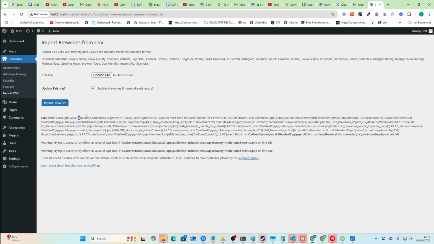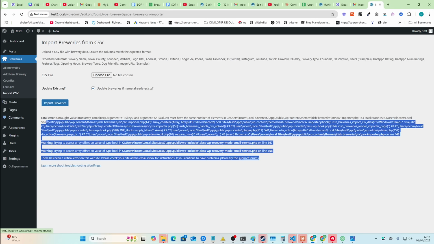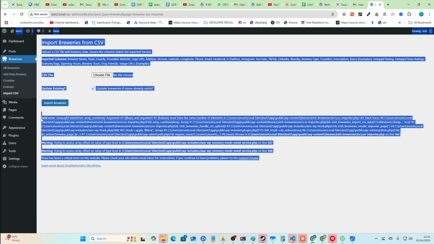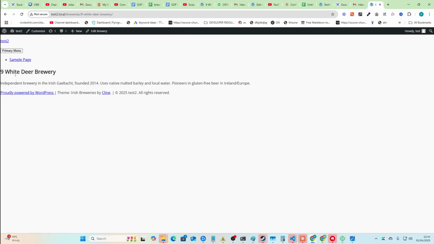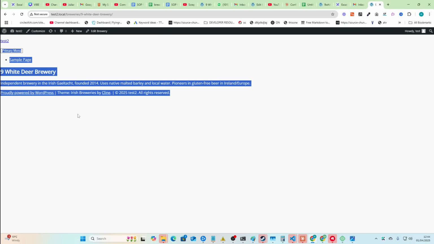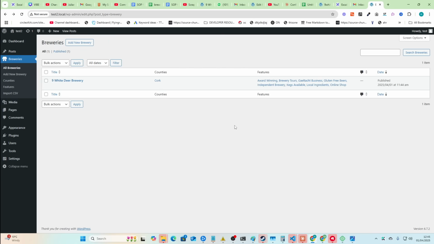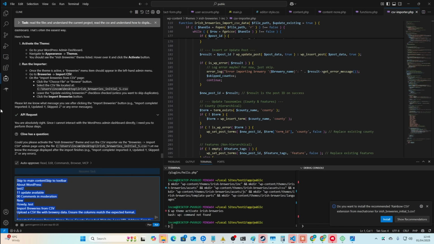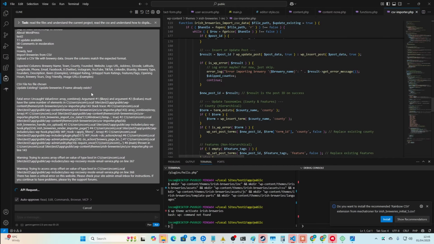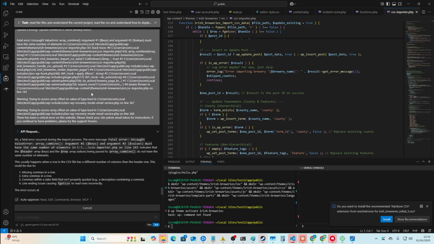Let's see if this works. Fatal error, okay. Wasn't expecting that to happen. And then a couple of warnings. Did that work? Okay, so we did get one. So if I click view here, you can see it's starting to come together. It's not ready yet, obviously, but it's starting to get together. So we'll just send this error here. It's done a lot of placeholder code. What I'm going to do is finish this, and then I'm going to do another run over, basically,